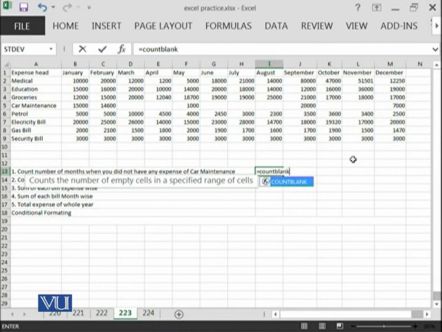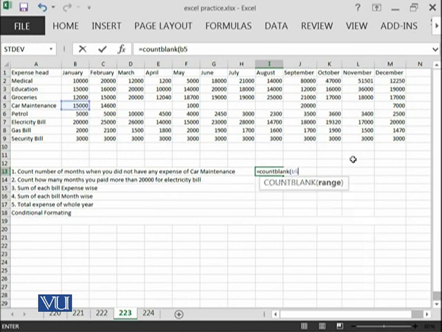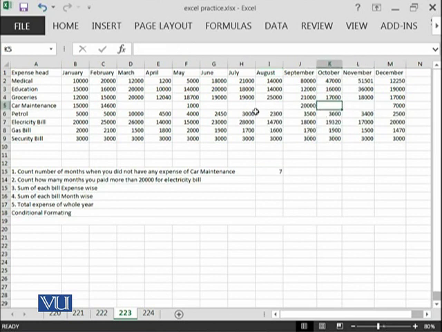So this will count all of the blanks for car maintenance, from B5 until M5. So it says in 7 of the months out of 12 months we did not pay anything for car maintenance. So this is 1, 2, 3, 4, 5, 6, 7. So this is how we have calculated.